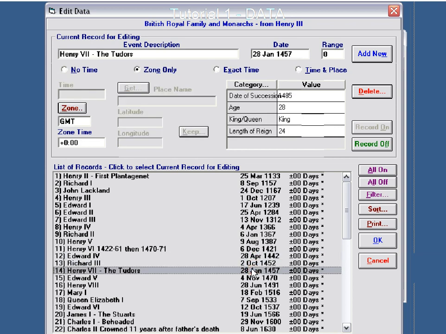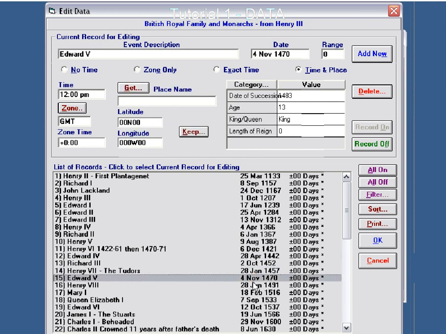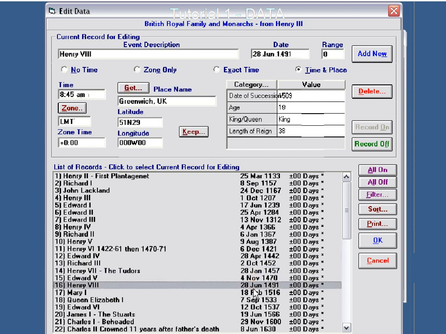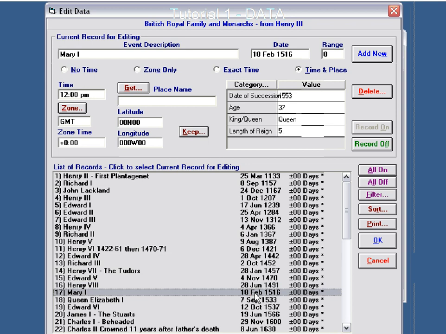Yeah. So you could put, say, executed, died naturally, killed. Yes. So you could have your own subcategory if you wanted to. Yeah. There's no limit to what you do there, Bill. So yes, you could put another whole thing of the length of reign and then how did they die. Executed is an interesting one, you know, or died in battle, violent death, or died naturally, etc. Yeah, absolutely. You could put their eye colour in. Yeah, so in other words, it's unlimited. You could do whatever you wanted.